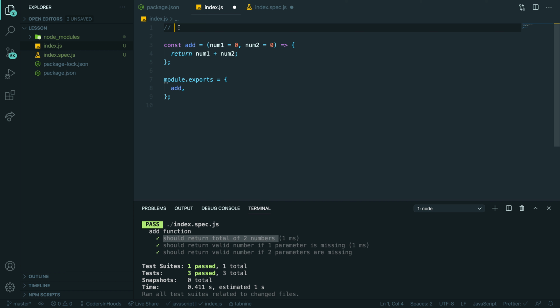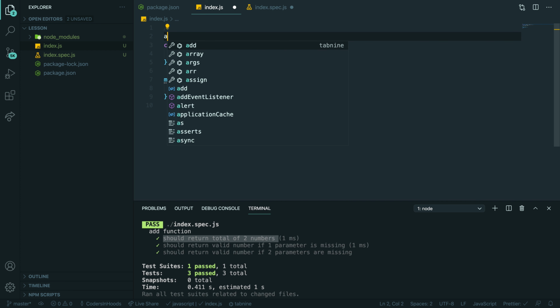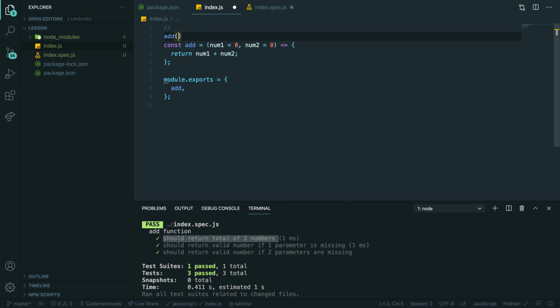We want to sum up all numbers: if I call add with, I don't know, 4 parameters, I want to get the total of all these 4 parameters. How can we do that? First, in JavaScript, how can we handle a dynamic amount of parameters?